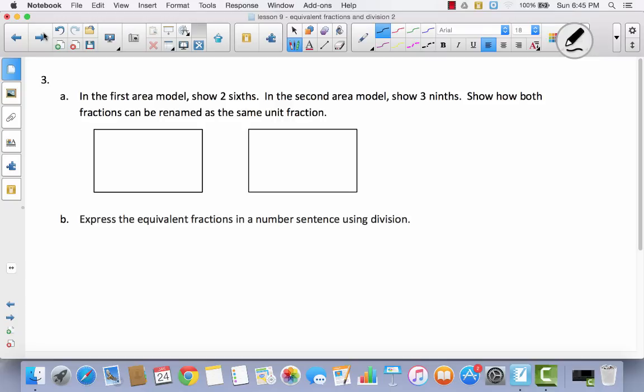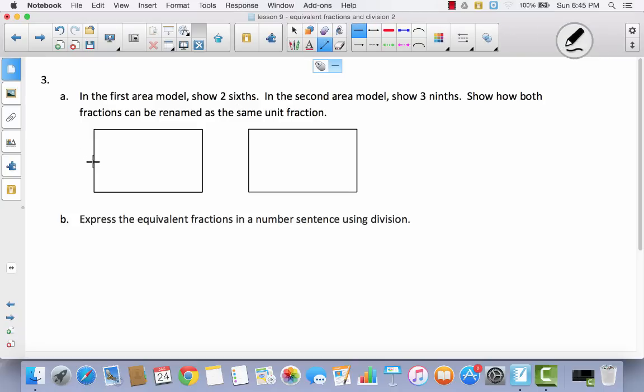In the first area model, show 2/6. In the second area model, show 3/9. Show how both fractions can be renamed as the same unit fraction. Okay, so let's just break this down and start with the first part. In the first one, we're going to show